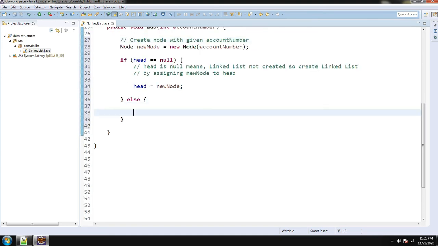If head is not null, it means the linked list is already created. So we need to traverse till the end of the linked list and add that new node at the end of the linked list.